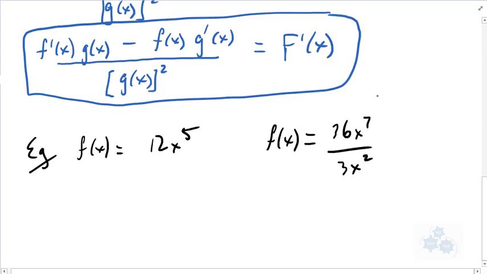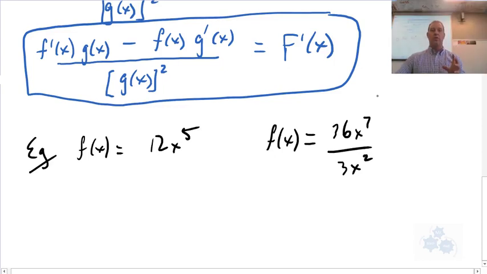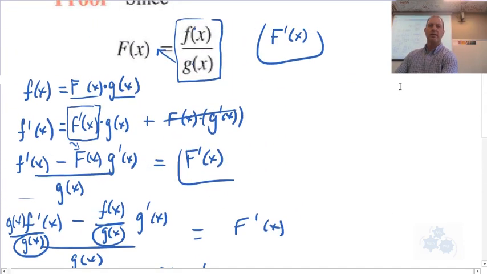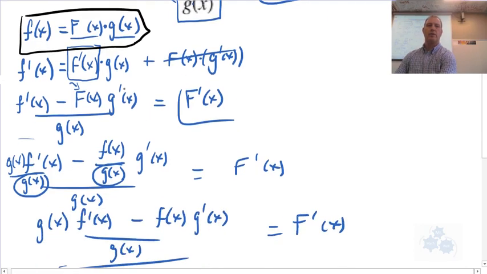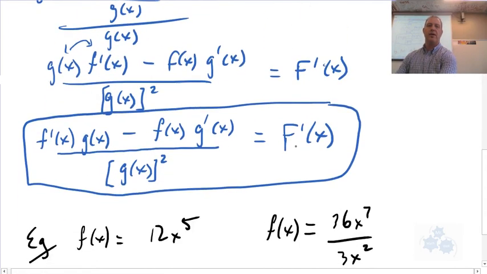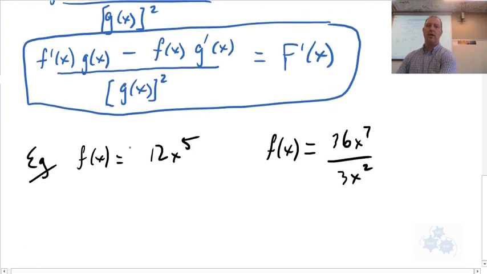All right, so what we're going to do is practice some examples with the quotient rule. We just finished developing the quotient rule. We just proved it from the product rule that we know, and we fed that through and isolated for the derivative of the original function, and this is what we got. So the quotient rule. Now, let's find f prime of x here,